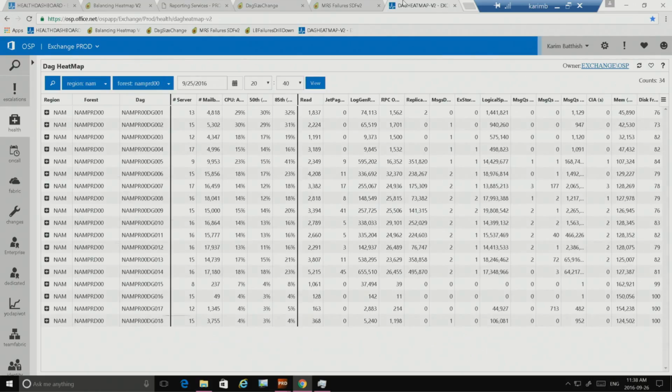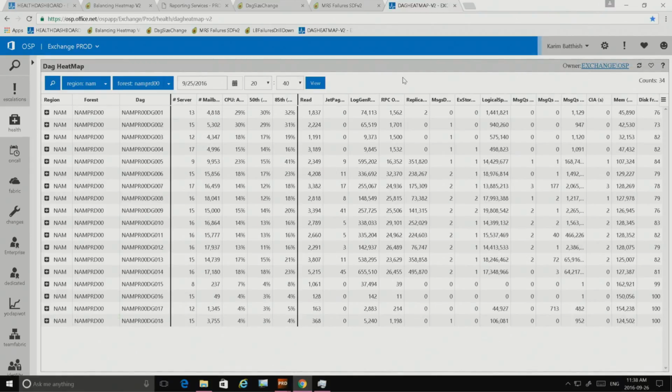Now, this is the part that's kind of fun. In the OSP view, one of the common things we do as engineers is drill down to look at capacity. We take a look at the set of services, the set of DAGs. Each one of our DAGs is 16 nodes. We load thousands of mailboxes, as you can see here, on each one of the DAGs.